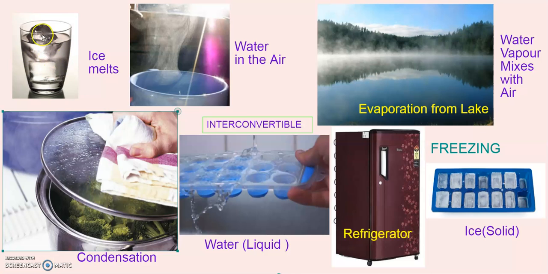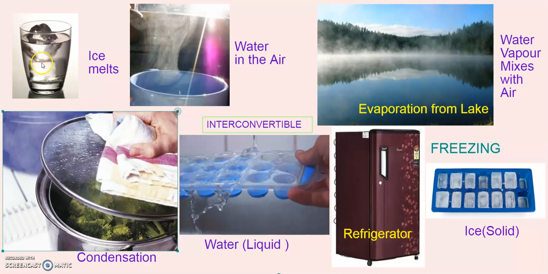How does an ice cube melt and form liquid? Yes. The glass tumbler has a higher temperature than this ice cube. So, when we place this ice cube in this glass tumbler, it becomes water. We can understand ice melts